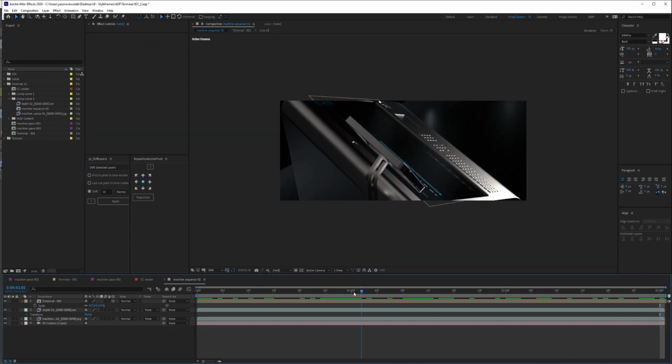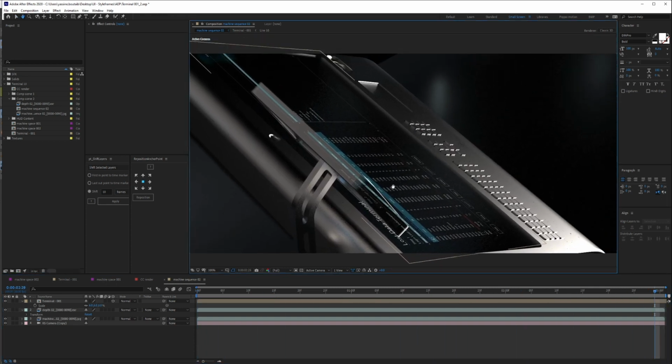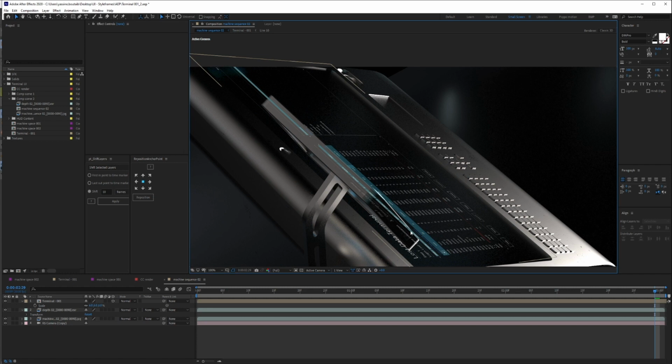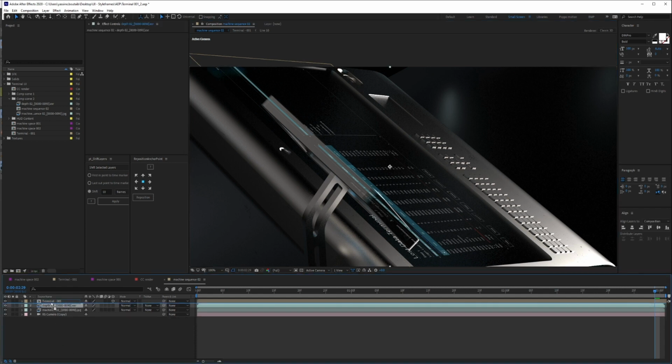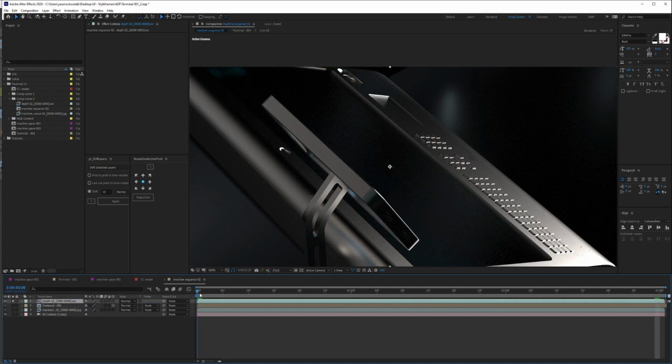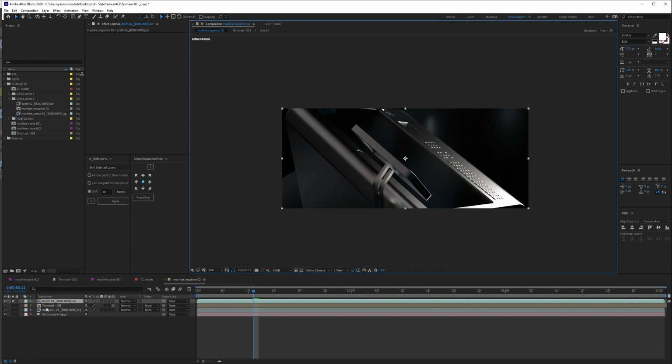Now that we have our futuristic user interface there, we have a bunch of problems, and one of them is how can we solve this thing right here? And this is the power of puzzle mats. So what I'm gonna do here is I'm gonna go to my depth pass. All right, so this is my depth pass. It's basically now, it looks like the beauty pass. So to fix this, what I'm gonna do